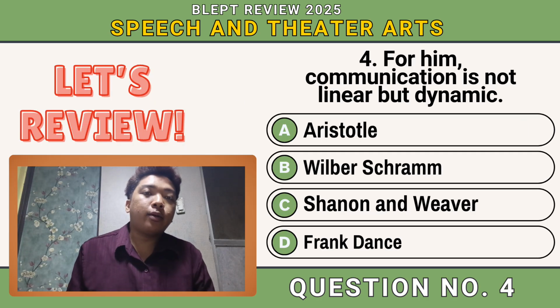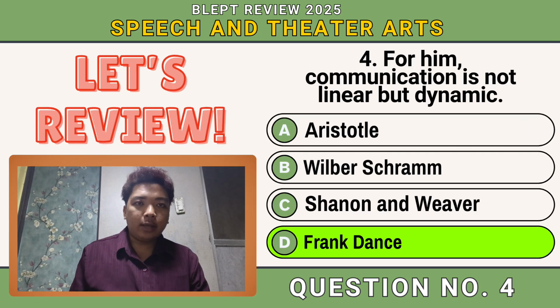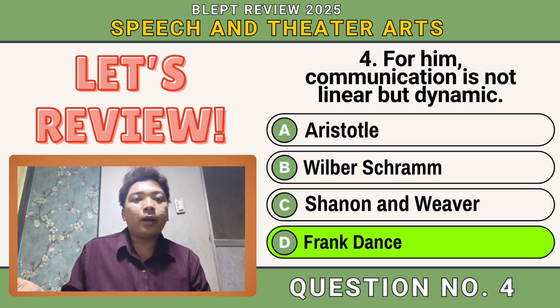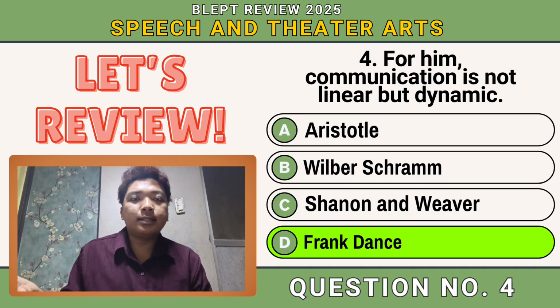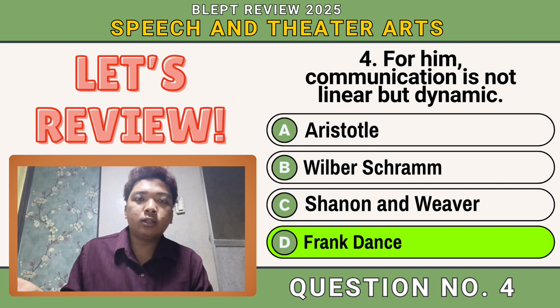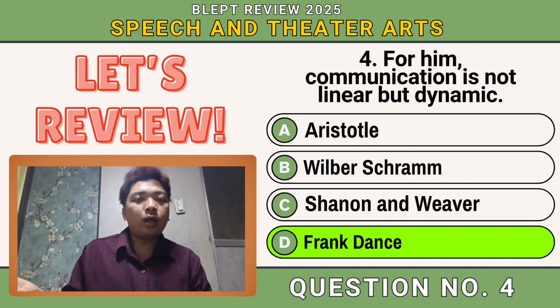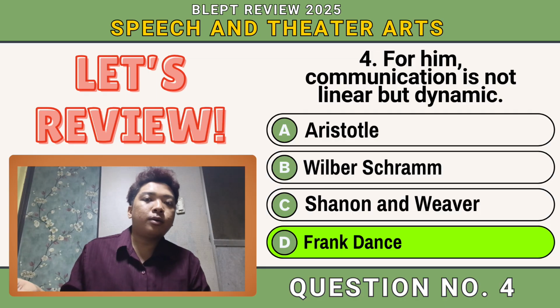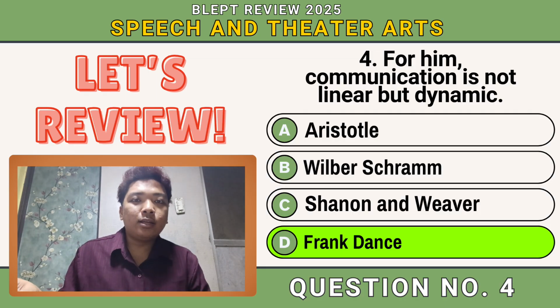Okay, the correct answer is letter D, Frank Dance. He proposed the helix model of communication in 1967, a spiral cone shape that emphasized that communication is dynamic, meaning there is a constant change. So why is it not Aristotle? Because he was the proponent of the Aristotle model of communication, a linear model focused on the speaker's message